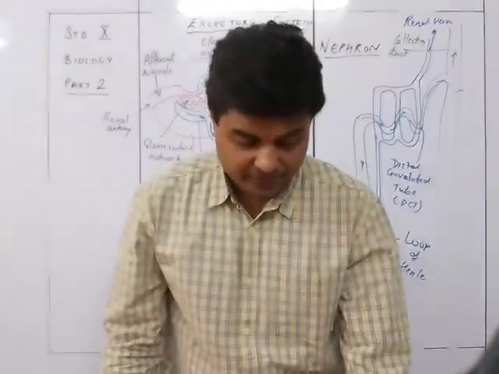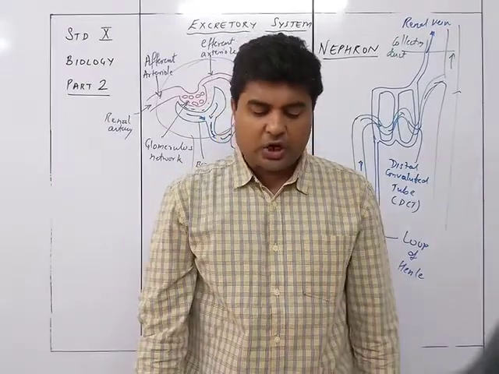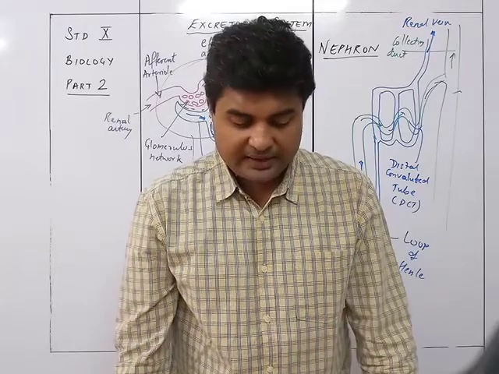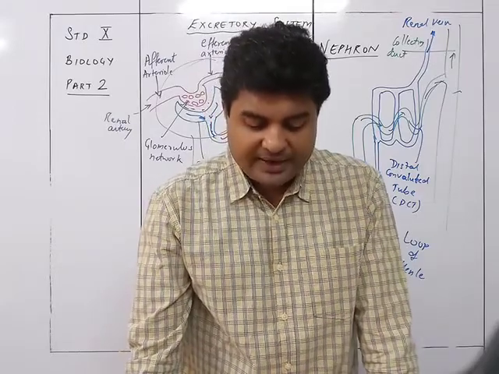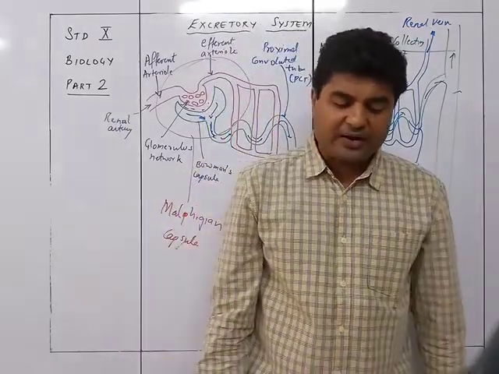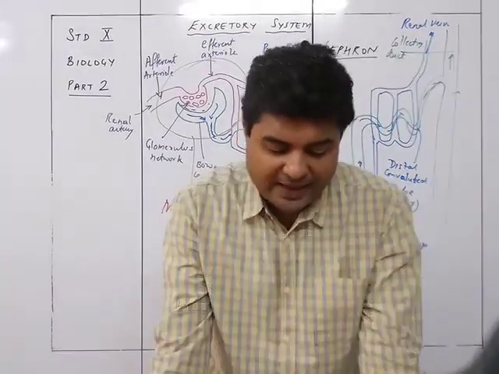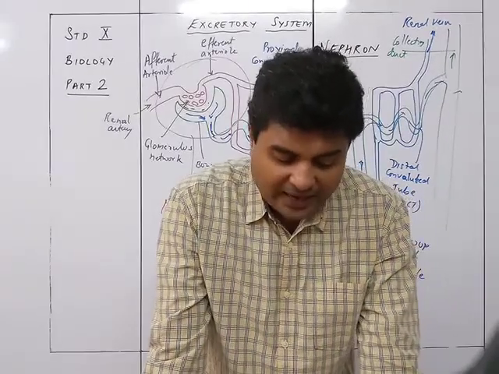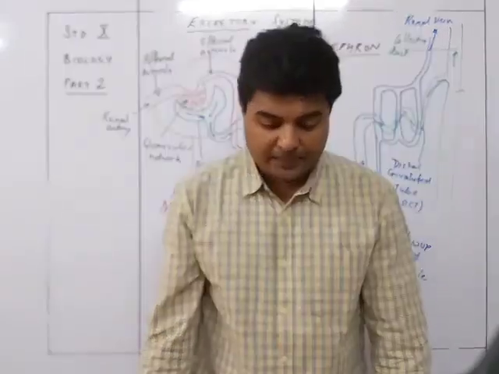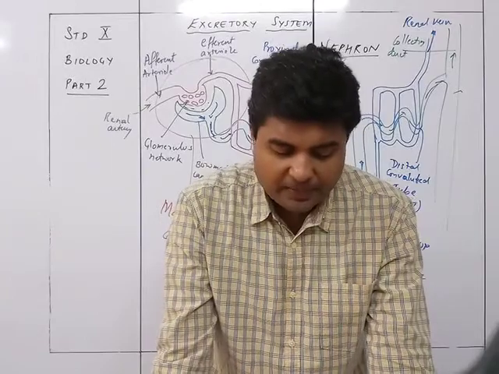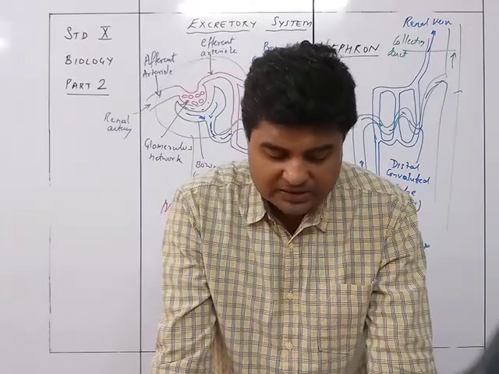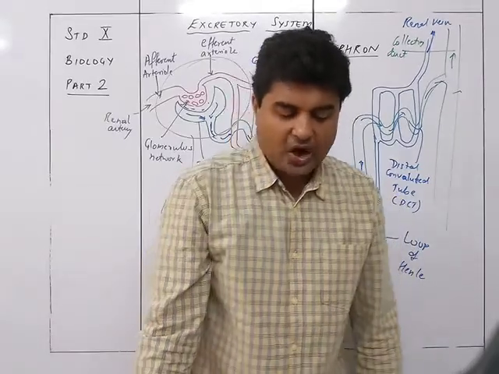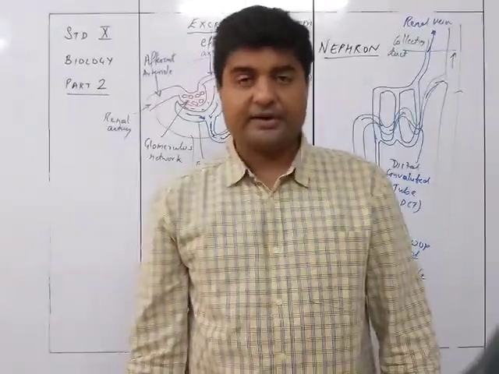First one, ultrafiltration. The blood flows to the glomerulus under great pressure, which is much greater than in the capillaries elsewhere. The reason for this greater pressure is that the efferent outgoing arteriole is narrower than the afferent incoming arteriole. This high hydrostatic pressure causes the liquid part of the blood to filter out from the glomerulus into the renal tubule. This filtration under extraordinary force is called ultrafiltration.